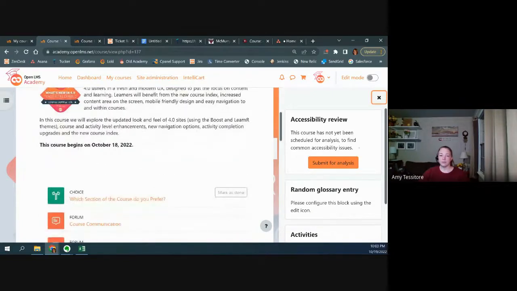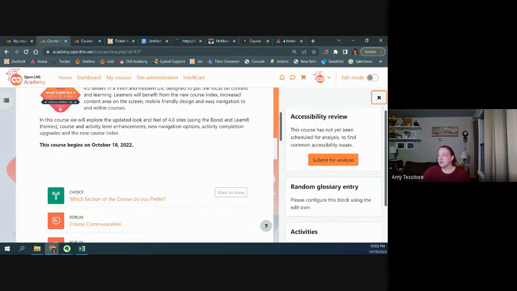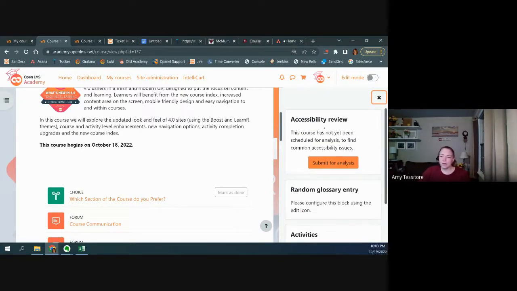So if I need to find something in the block and it's way down in my blocks drawer, I am not going to move the entire course with me. I can move just the blocks drawer. I love this. In here for blocks, we have our accessibility review block because we're going to demo that later